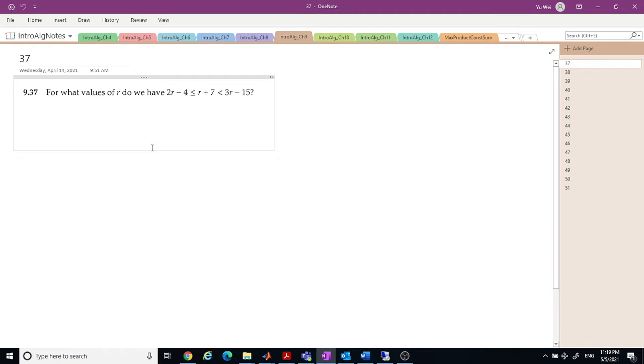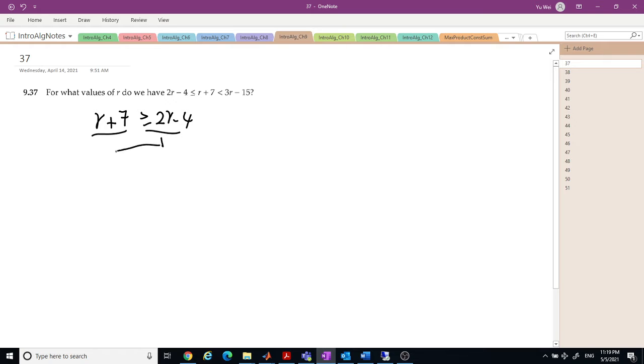Okay, so today we are going to talk about the challenge problem on chapter 9. So the first question is, we have two inequalities. So we separate them. The first inequality is this one, greater than 2r minus 4. Then for inequality, we can both keep